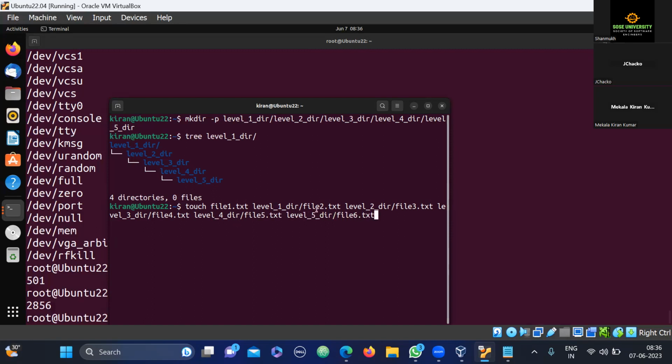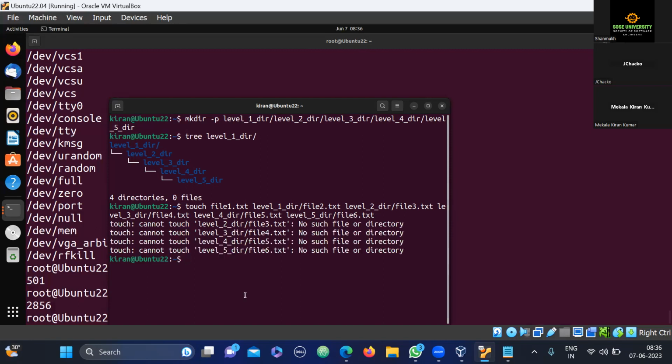That means in level 1 we are having file2, level 2 file3, like that. Just click enter. No such file or directory, it is telling me. Spelling is okay, perfect. Else what I can do, I can directly come to